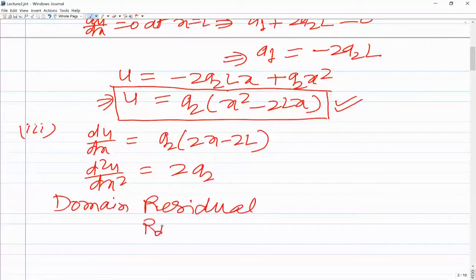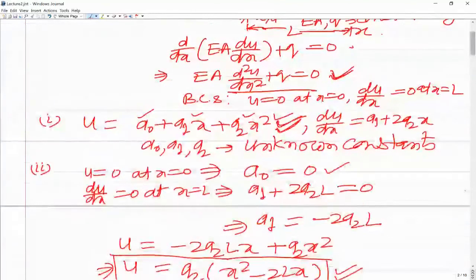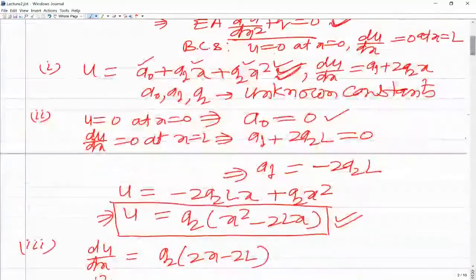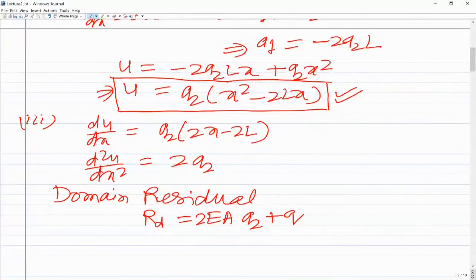usually we denote this by RD. R for the residual and subscript D for the domain is equal to, in the approximate solution, in the differential equation we are going to substitute this. So the differential equation, we have already said, EA into d2u by dx square, and d2u by dx square is 2A2, so we get EA into 2 A2, and the second term is Q. So we have taken all the terms in the differential equation towards the left, and in that we have substituted the approximate solution. Whatever we get, we call that as